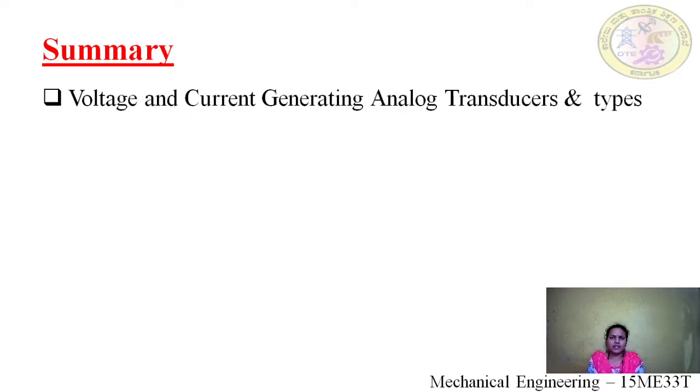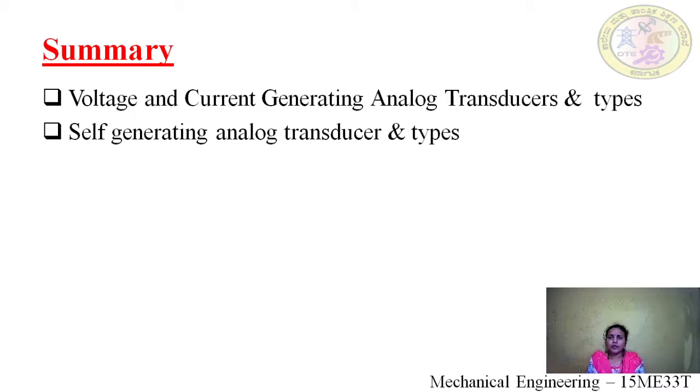Now we shall summarize whatever we saw till now. First, we saw voltage and current generating analog transducers and their types. We saw these are devices which convert an input parameter into an electrical signal. There are two types we saw: one is self-generating and non-self-generating transducers. Self-generating analog transducers are those in which input variation is converted into a continuous signal, and its types are